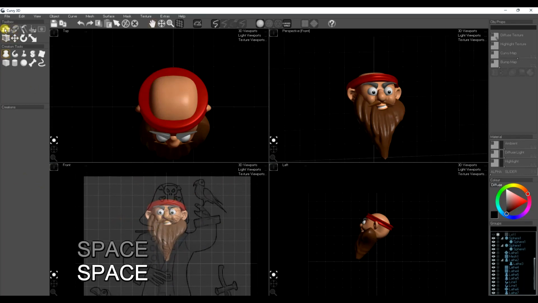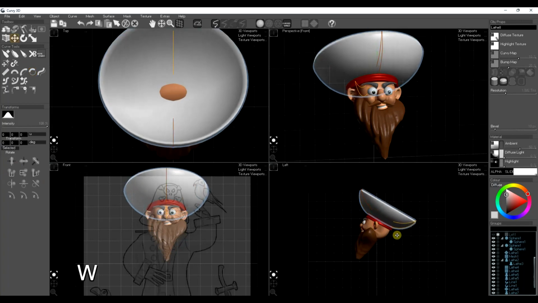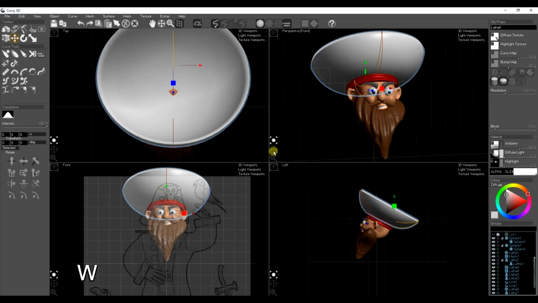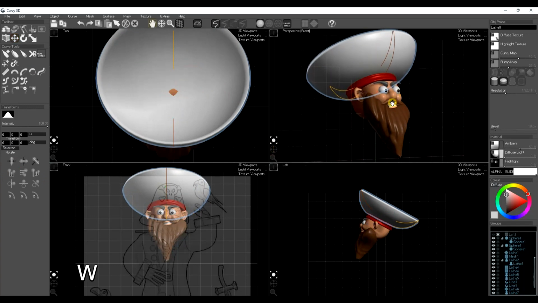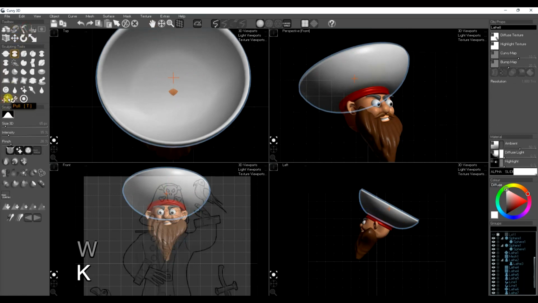For the hat, I'm going to look at the main shape of the hat, which is sort of a cup shape. So I'm going to draw half of that cup shape and use the curve rulers to tidy up the shape, and then again turn it into a two-line lathe and move the other curve down. So that's given us the general overall shape of the hat, and now we're going to step in with the pull tool